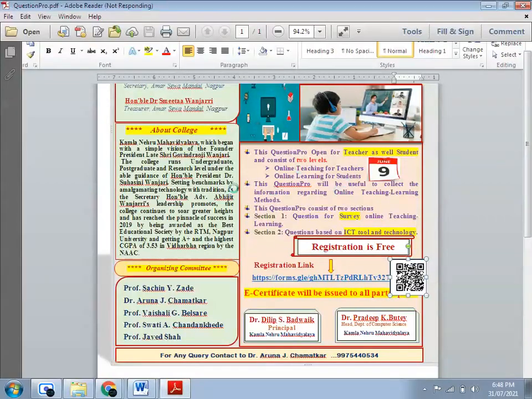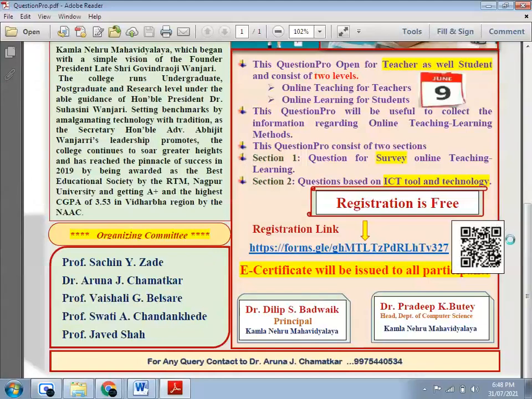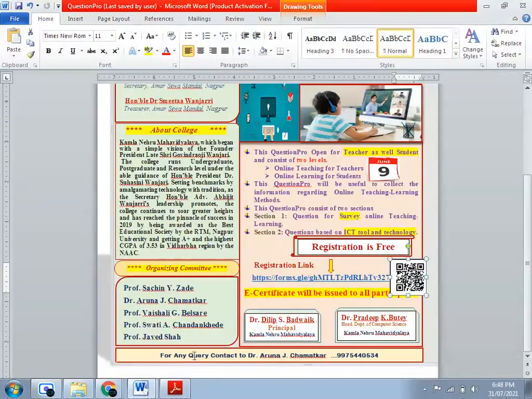So this is nothing but our PDF form which is created. At the bottom right side we had inserted the QR code. So the user can now start the registration form by selecting this, or he or she will scan the QR code, and that will start the registration form simply.